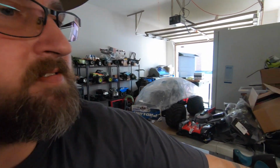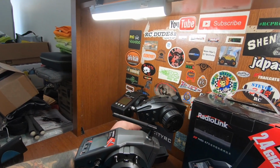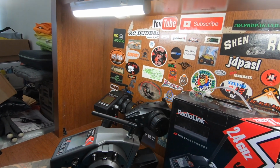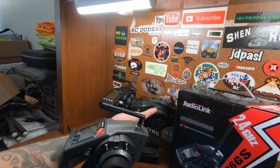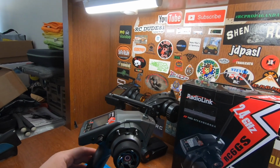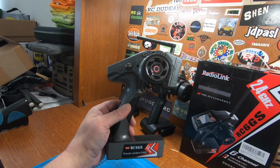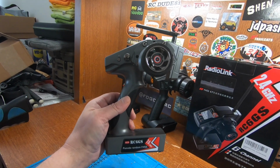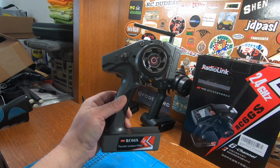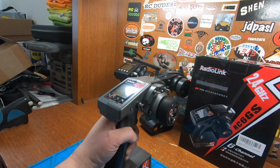So it is a great radio. You know, the Armos are coming with these Spektrums, and they have the ABC on them, which is good, but still the controller is, I don't know, plasticky to me. So this was a good alternative. The price is a good price. It's under $100, and the functions on this thing